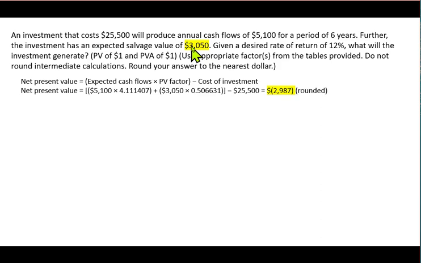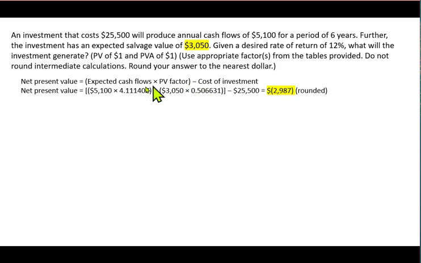And this will be the present value of a lump sum. Don't mess this up on the test, because we're now switching back over to a lump sum type situation. So if we're going to get this $3,050 in the future, that is 6 years in the future, we want to know what the present value of it is in today's dollars. And to do that, you take the present value of an amount. And that table will be based on 6 periods at 12%, which is 0.506631 times